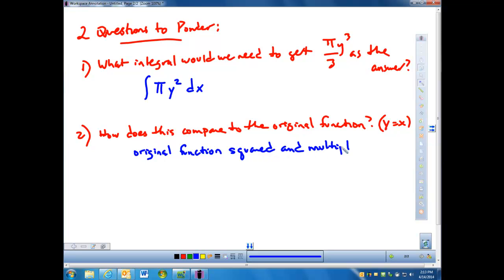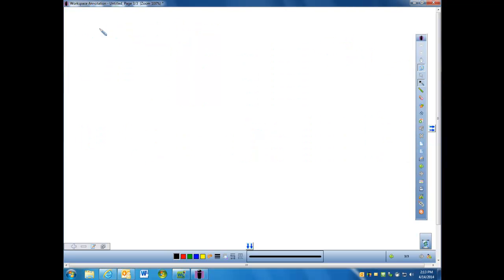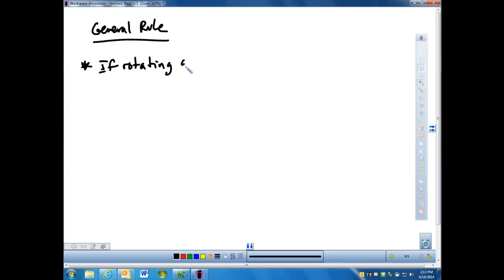I know this probably seems a little bit confusing, so let's just get to the rules. Let's see what kind of rules we can use to remember how to do this, and then we'll try some practice problems and see if it makes sense. So we'll split this into two parts. If we are going to rotate our figure around the x-axis, okay, so we're spinning it vertically around the x-axis,